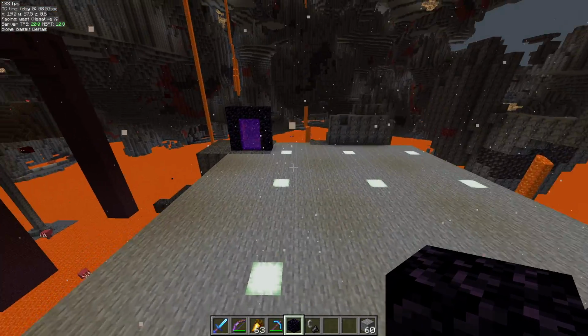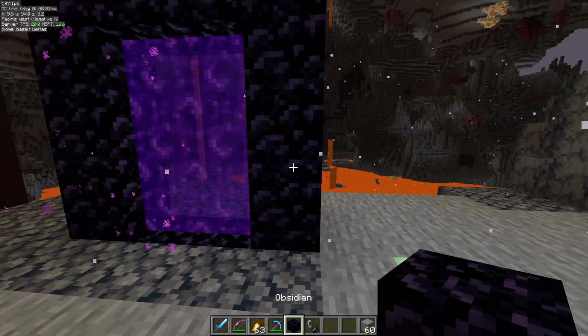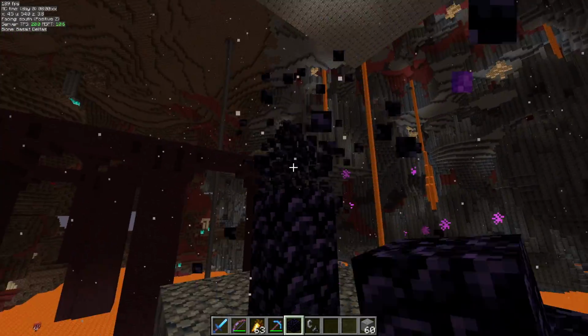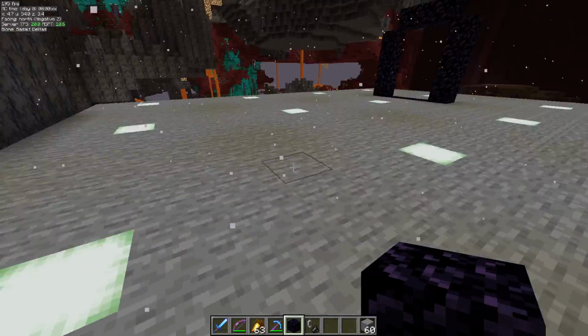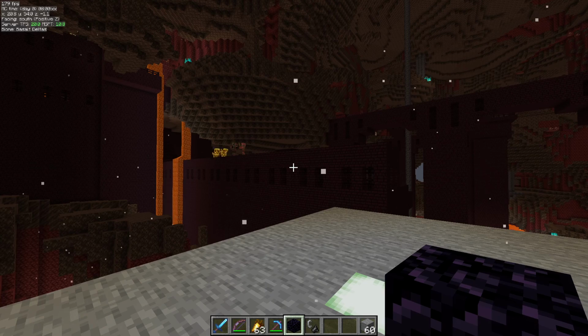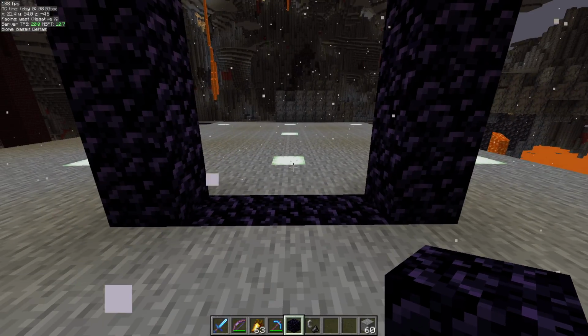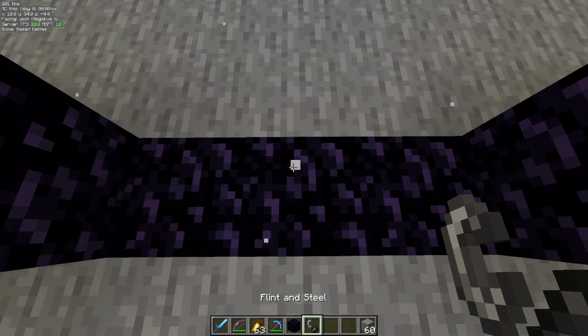We'll need to go over and break the other portal. Make sure you do have your flint and steel. Do not forget that. If you forget that, you're going to have a tough time. You can find them in the nether in some chests, like from loot chests within the Bastion Remnants, or even in the nether fortress. So now that we have our new portal built, and it's in the correct spot,